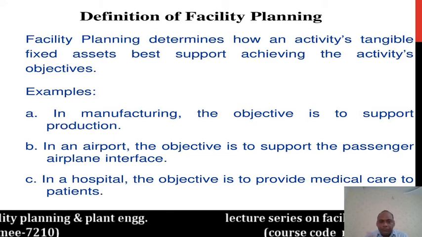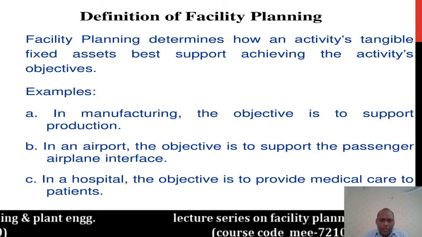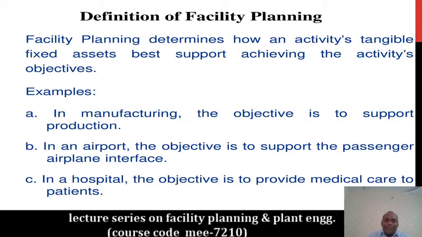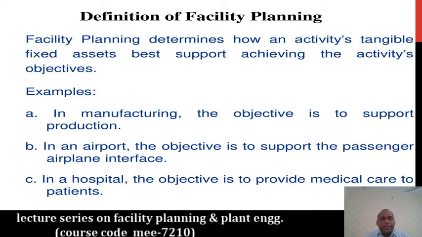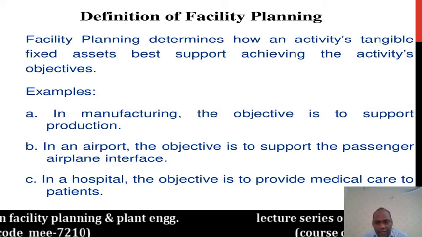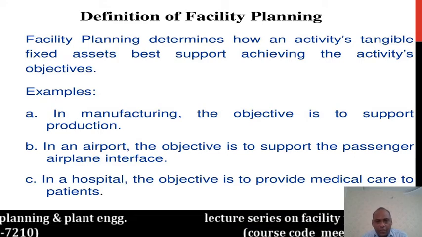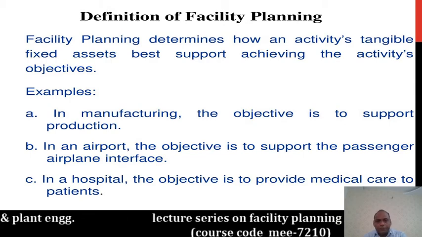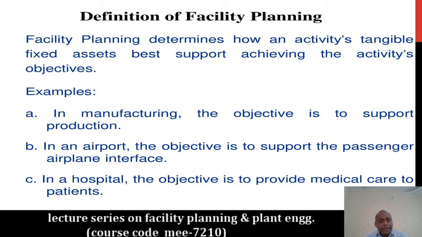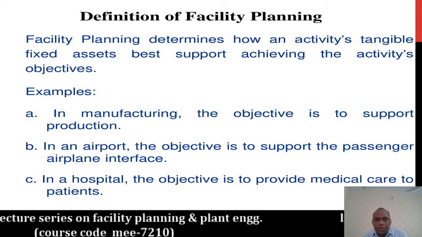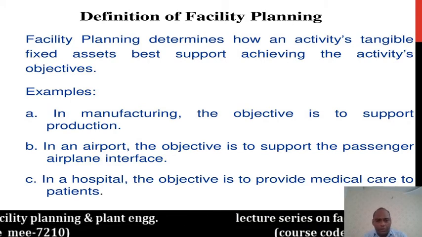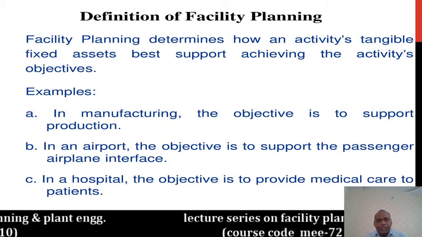In the same way, if you are talking about an airport, the objective is to support the passenger-airplane interface. If you take another example, the hospital, which is a service sector, the main objective is to provide medical care to the patients. So each and every area has certain planning. So the main objective, or